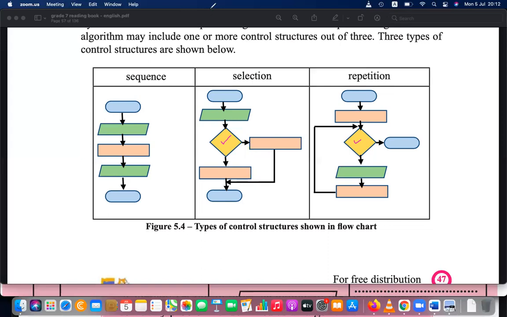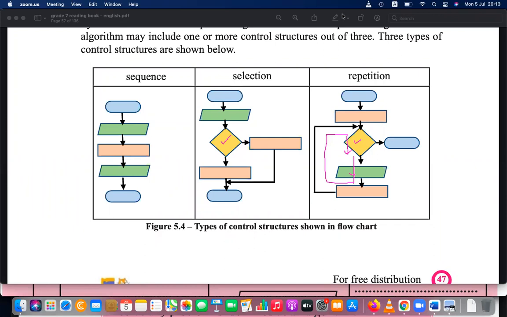Same decision symbol, but the only difference, එකම වෙනස බලන්න: if you go down, there's a way to come up, and there's a way to go down again. This is like a circle. Here, it's circulating. It's coming down, going up, coming down, and again going up. So this is circulating, but you cannot see that kind of structure here. That is why this is repetition. Understood the difference? එකම symbol එක තිබුණාට තේරෙනවද වෙනස? එකක් ඔව් ආය යන්න පුළුවන්. එකක ආය circulate වෙන්න පුළුවන්. දෙවෙනි එක. So selection does not allow it, repetition allows it. There's a difference. Okay, we learned about that as well.